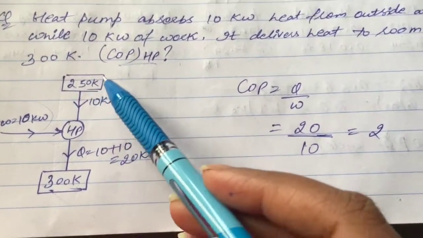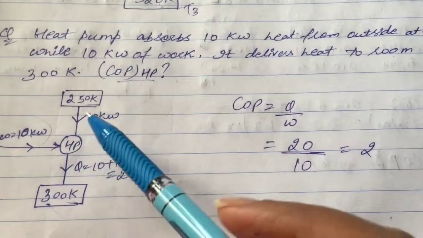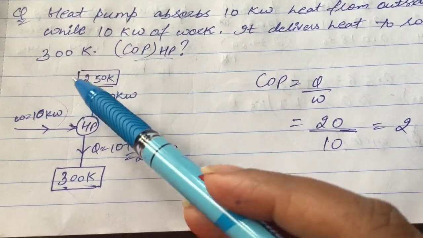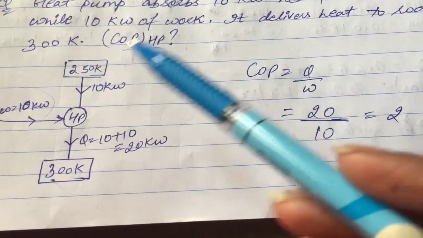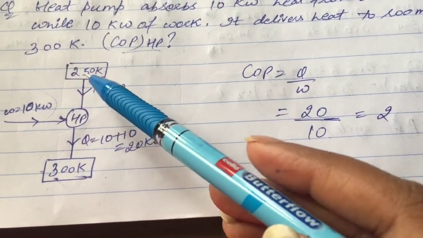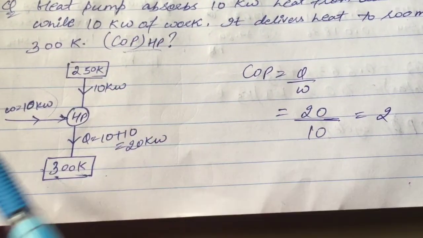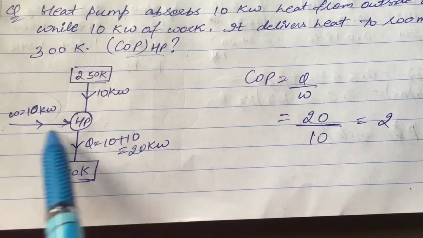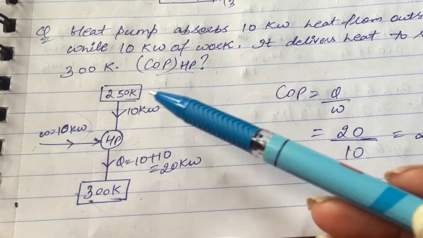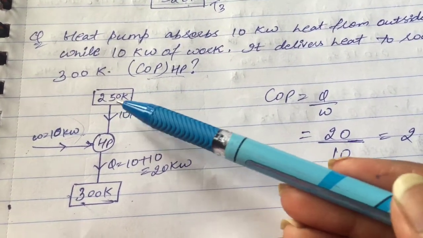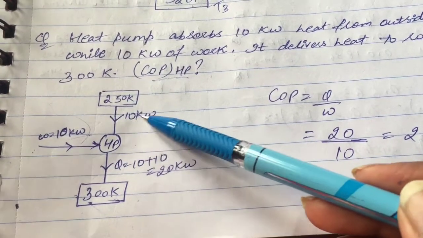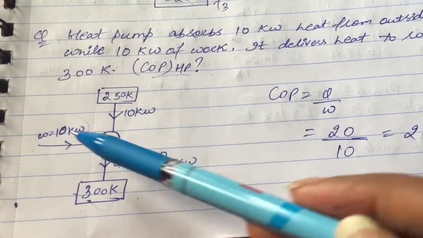So in this question, we have a heat pump, 250 Kelvin low temperature reservoir, and 300 Kelvin is high temperature reservoir. And the work which is being done is 10 kilowatt, and Q which is going from 250 Kelvin is 10 kilowatt of heat Q. So